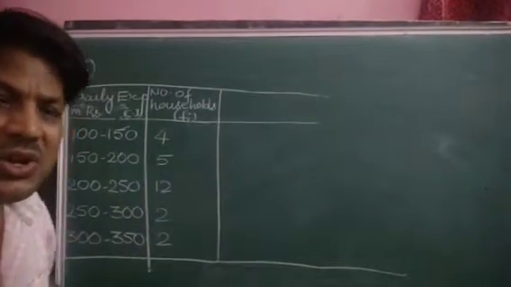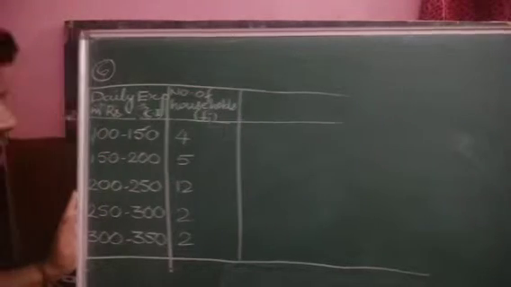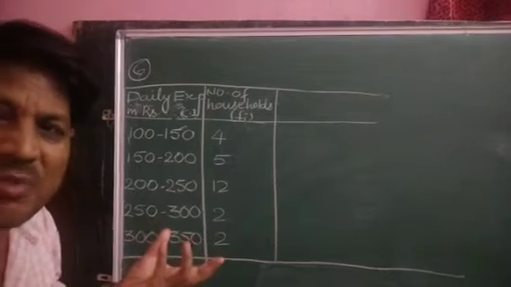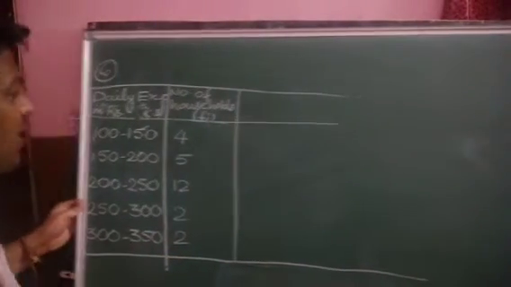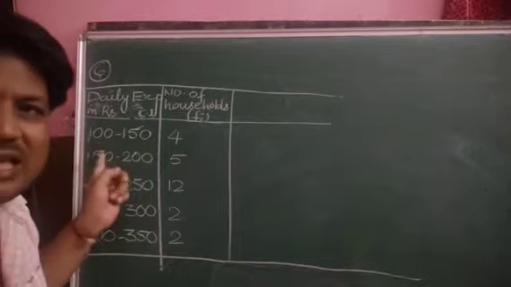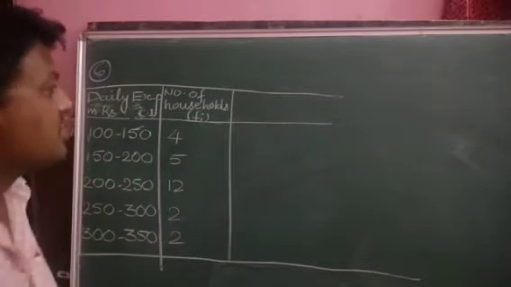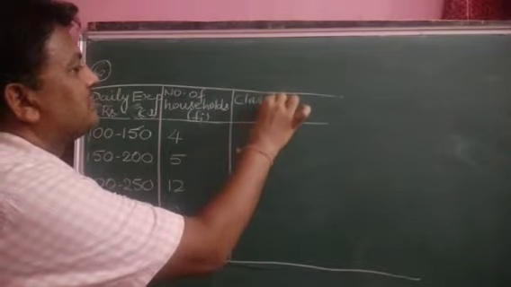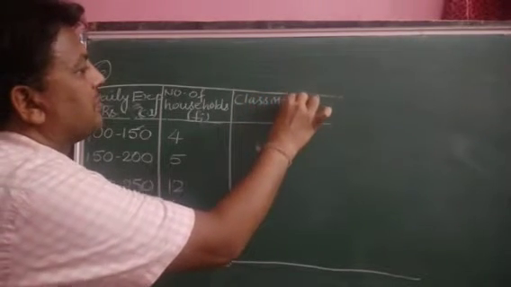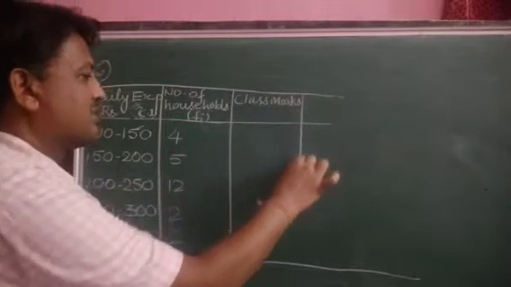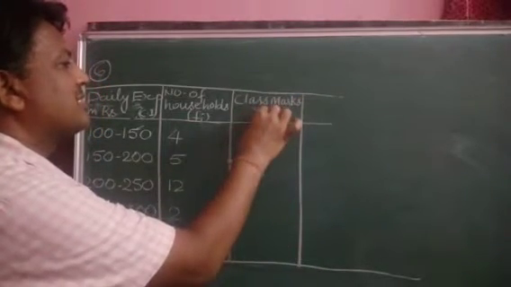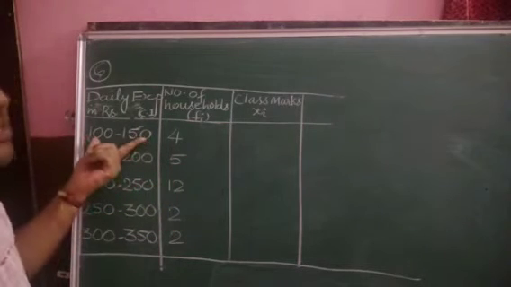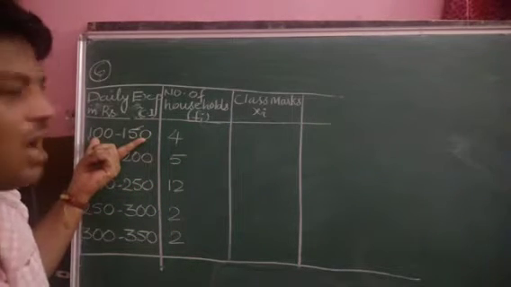Okay children, so what is given? These two tables are ready. What do we have to find? For the mean, what do we have to do first? Because here the class interval is given and the exact class marks are not given, we will first write the class marks. What is the symbol for class marks? Xi. And this Xi, the class mark, is nothing but the average of the lower boundary and the upper boundary.